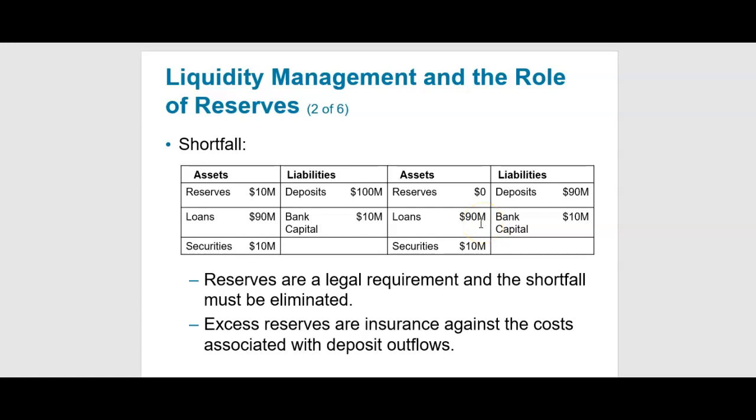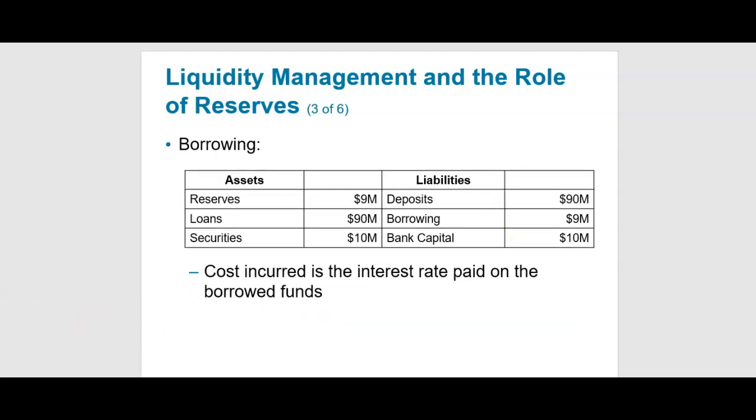And if you remember when we were talking about mortgages, we talked a lot about selling them in the secondary market, Fannie Mae, Freddie Mac, and the others. And we have seen how we can bundle up the different portfolios. So that's an option for the bank. The other option is to call in loans and eliminate them, and that's really painful. So we have several options then. We can first borrow. So the bank can go ahead and borrow from other banks. I have 90 million. I need 9 million as reserve.